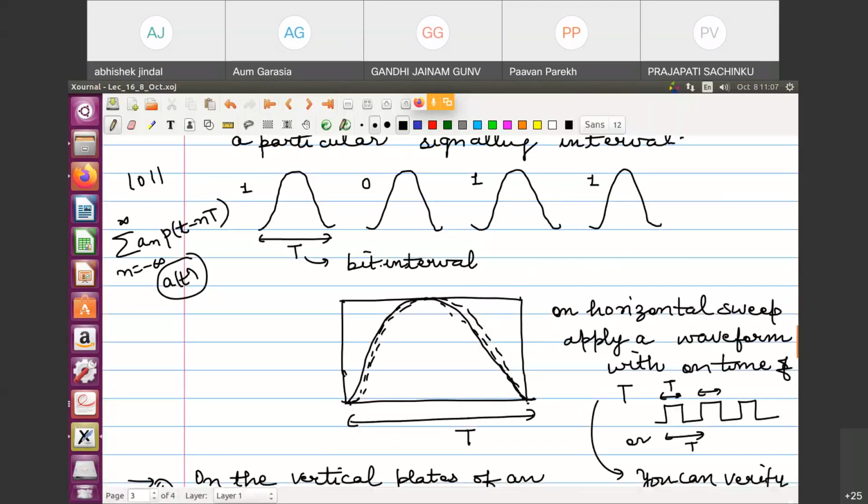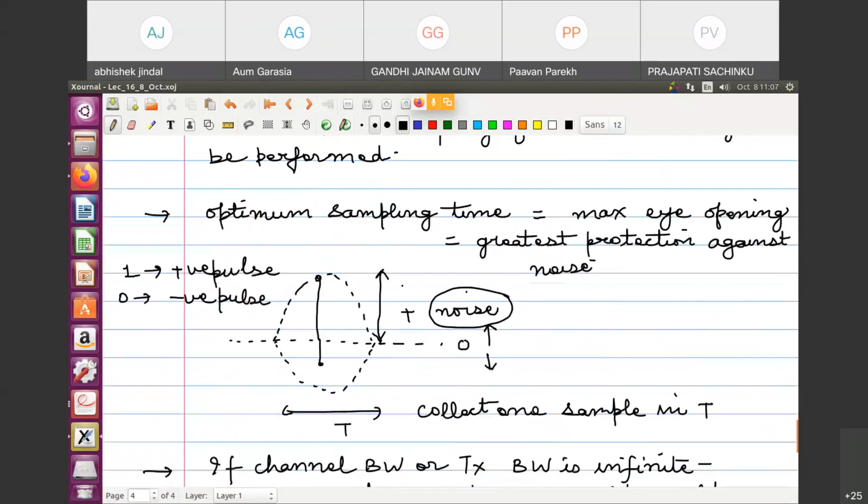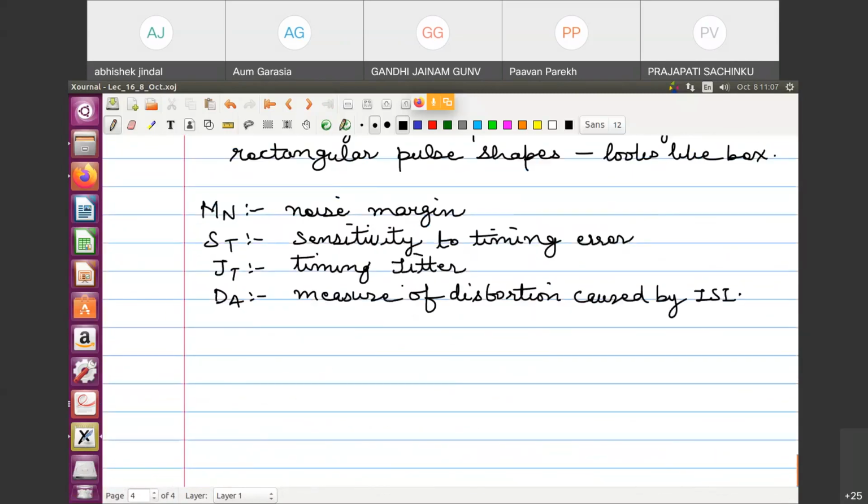Now first see what is timing jitter and sensitivity to timing sampling. Okay, it's timing jitter. So since timing jitter is, let me write it down. What is timing jitter? This we should know. This is a deviation from